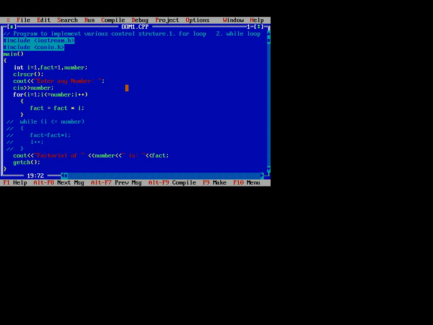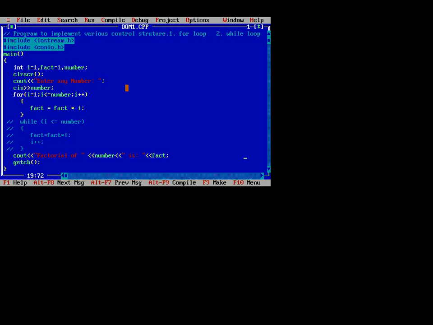The loop continues till the value of n. For example, when the user enters a positive integer, say 4, the for loop is executed and computes the factorial. The loop runs until the condition i is less than or equal to number becomes false. This prints factorial of 4 equals 24 on the screen.